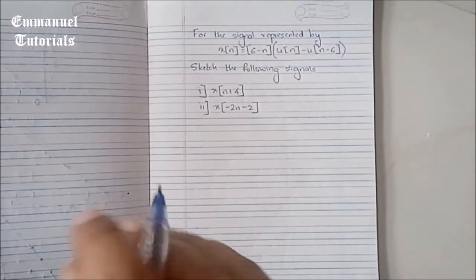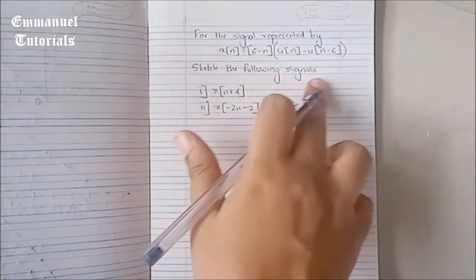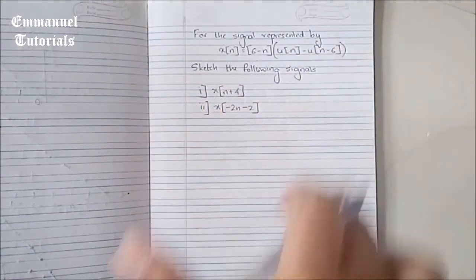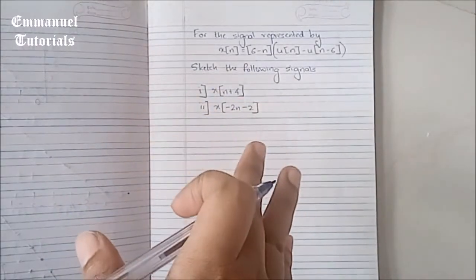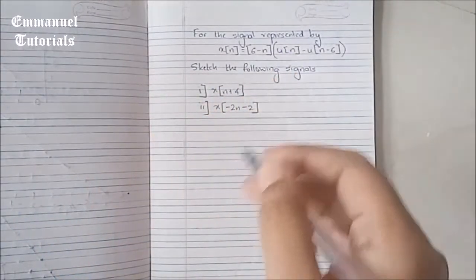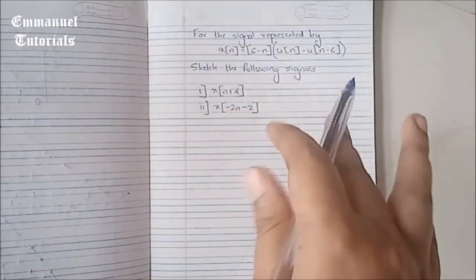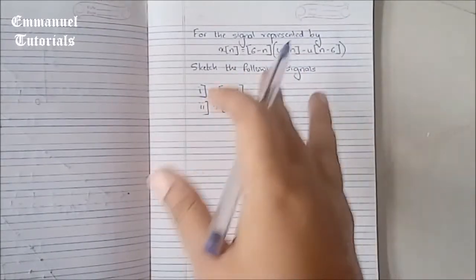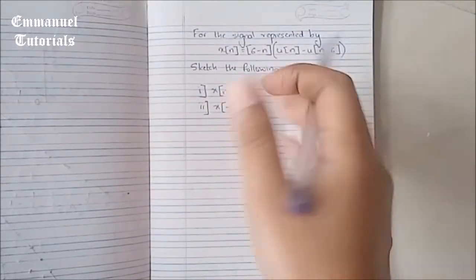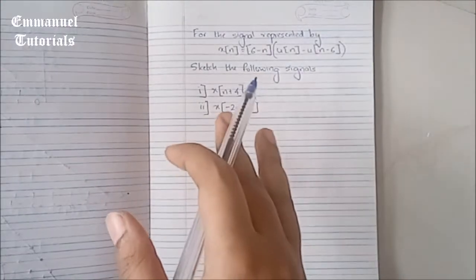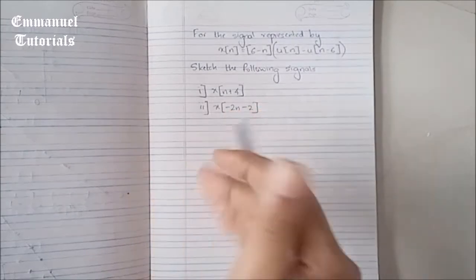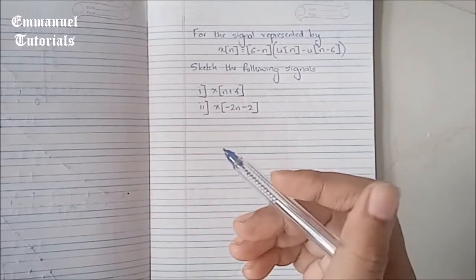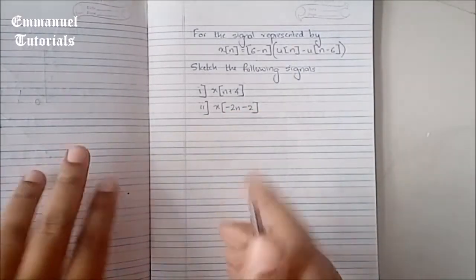The question is, you have this kind of a signal where they have given you an expression and you have to sketch the signal with again operations on time. So here you have to do two things. You have to first of all find the signal in the question by trying to sketch this, and then you have to find the resultant signal where you are having operations which are being performed. So first we'll try to find out the signal in the question.